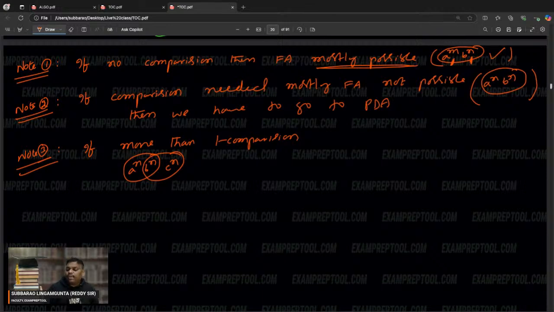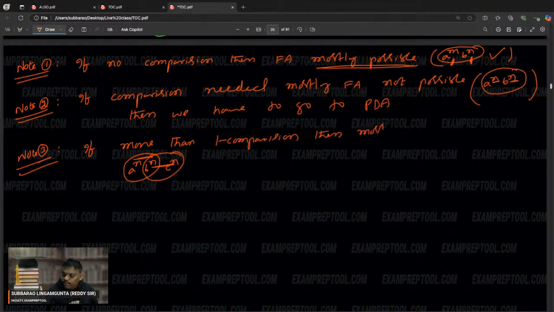If no comparison, then finite automata mostly possible. A's come followed by b's, you need not compare a's and b's. In the first one, no comparison. In the second one, a^n b^n: n a's, n b's, both should be the same, so comparison. In the third one, you have to compare a's and b's, and b's and c's also. If more than one comparison,